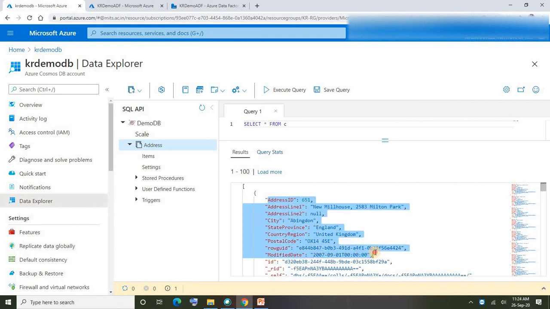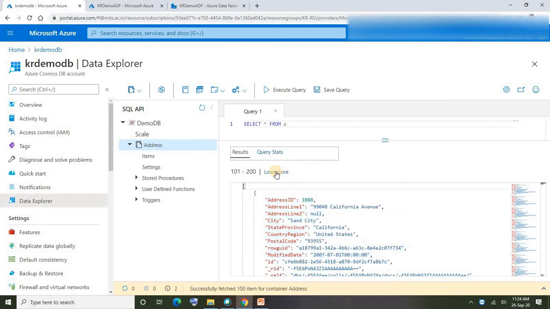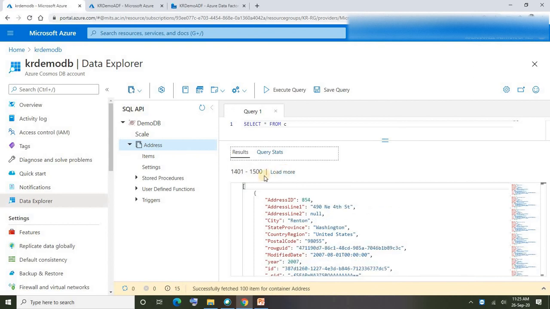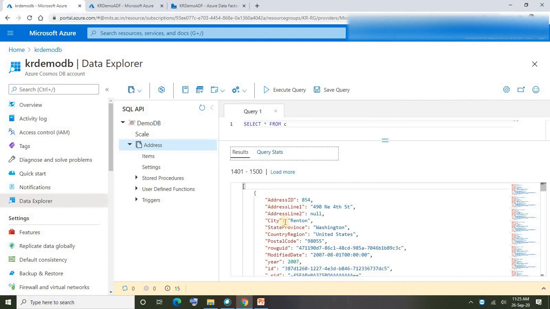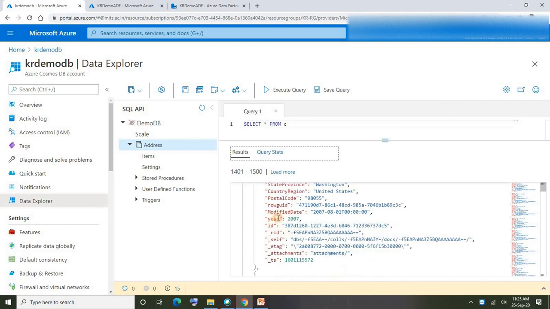Obviously there won't be year field for previous records. Now if I go all the way to the end, there are many existing records. We don't see it here as well. Alright, so from here these are new records loaded. See, if you observe, along with those existing fields there is additional field created, that is year, and it has got respective value as well.